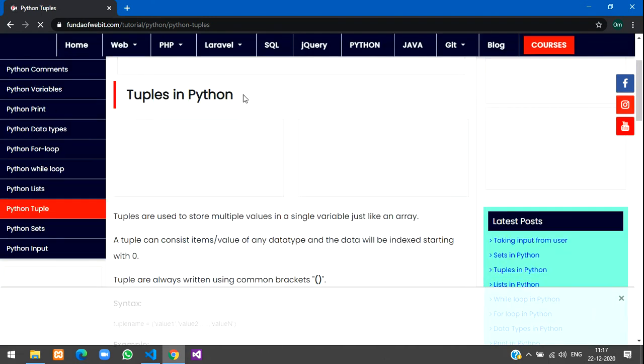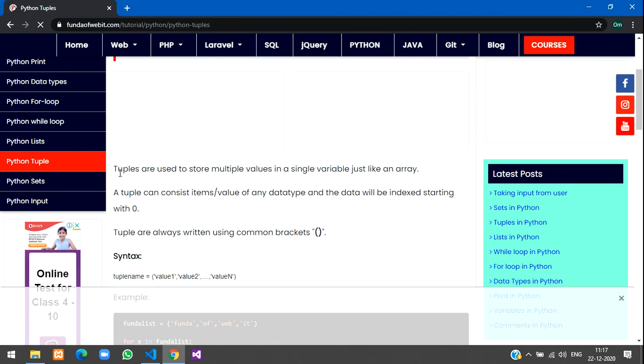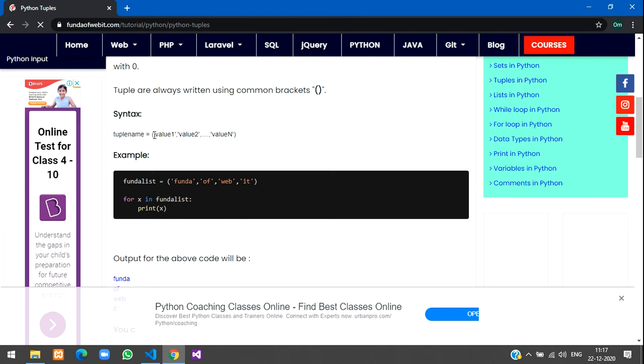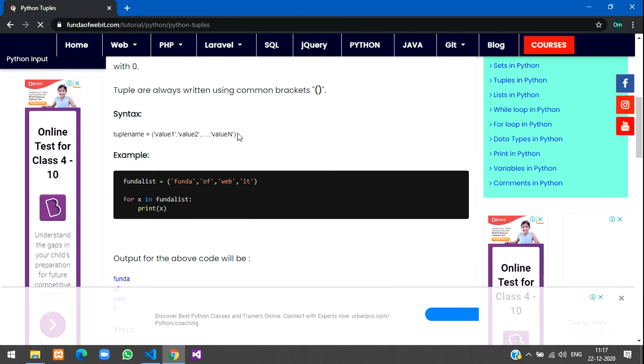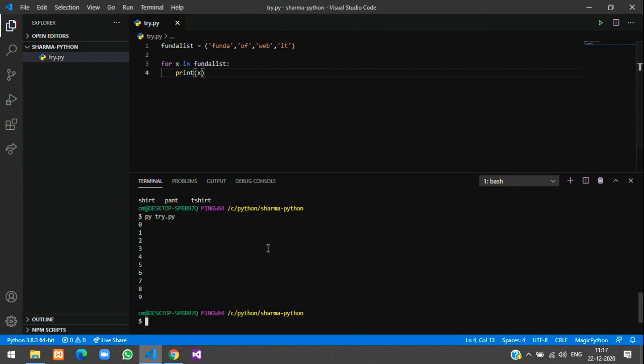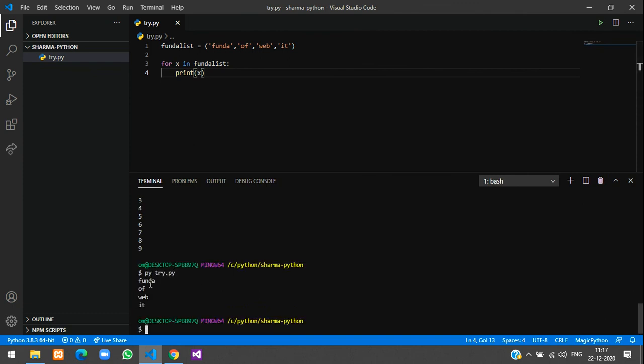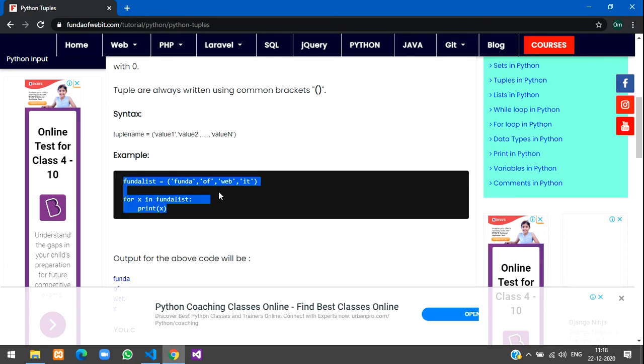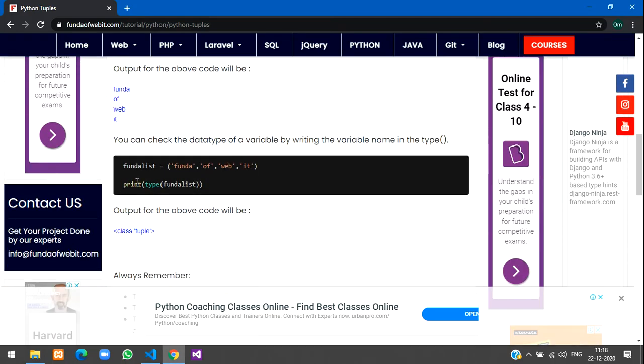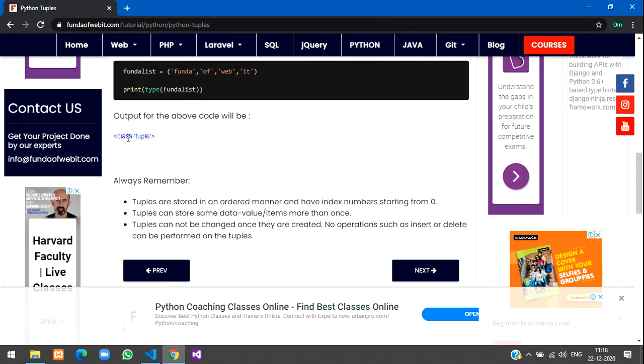And this is tuples in Python. Tuple or tuple, whatever is comfortable for you. So tuples are similar, it's just the same, but there are minor differences in between. This does not use square brackets, we use regular brackets or round brackets. It will print the data like this itself. We'll just see a demo if it's working or not. Let us paste it and run this. So you see Honda and Web IT, we got the website name here. I mean they have passed this as the data in this, so we are getting it. But what is the difference in this, we'll just see down. This type we had already seen, that it is a tuple.